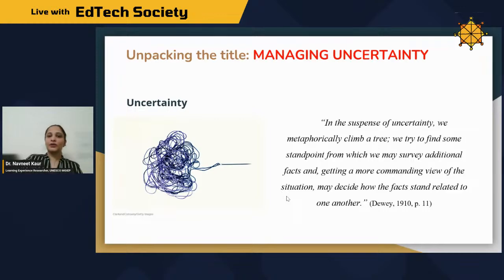Before we talk about management of uncertainties, we must first understand why it is important to talk about managing uncertainties, why it's important to talk about uncertainty at all. We know that uncertainty can cause negative experiences, like you might feel stressed, you might feel anxious when there are too many unknowns. And when you are managing the causes of uncertainty, of course, you will be managing these emotions.